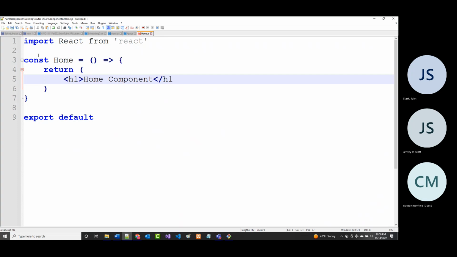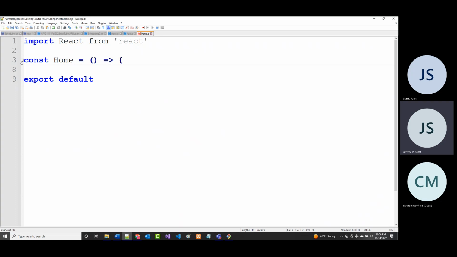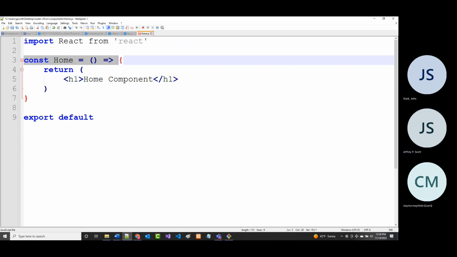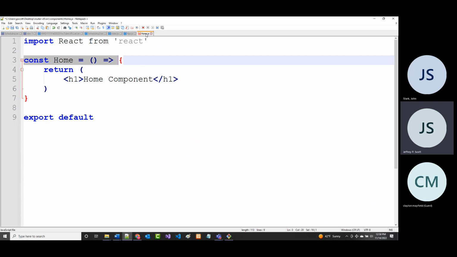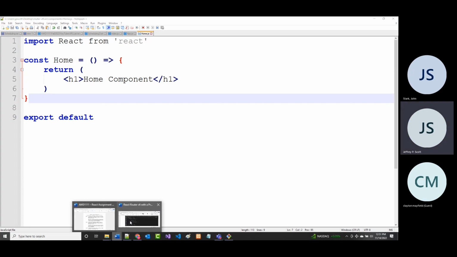Now you'll notice in here that we have written this like this. Okay? The only reason I'm mentioning that to you is in here, you can go and rewrite that one the same way. This is using the old type of function syntax. This is using the new and improved arrow type of function syntax. They both work. You can use one, you can use the other, or you can use them together. It doesn't really matter. All right, so I'm going to save this. All right, and then next,